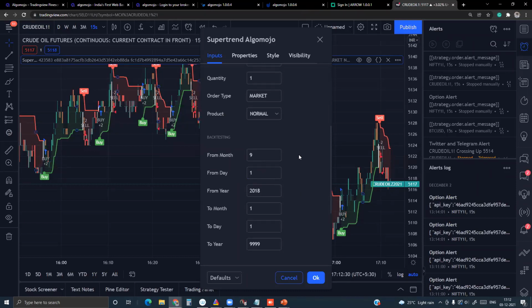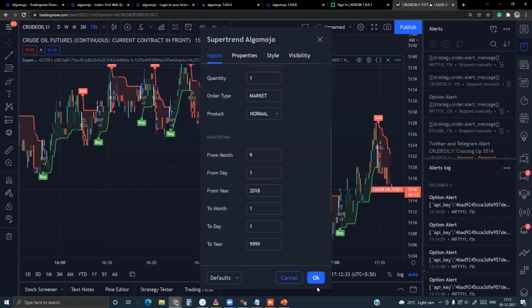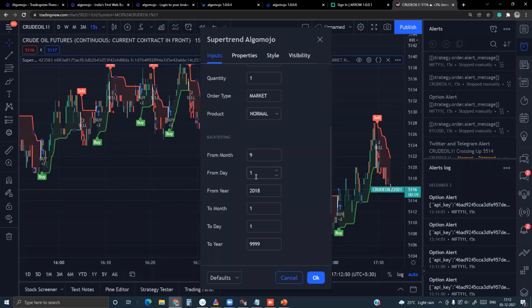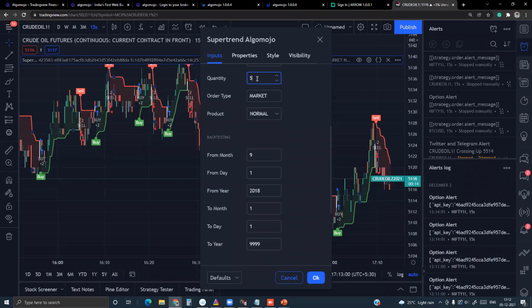If you are doing it for testing purposes, it doesn't matter. But if you're configuring for the live markets, it is highly recommended to create the strategy with today's date so that it always sends the first signal with only one time of the order. Otherwise, it will keep on doubling, because if you know Super Trend, it will always double its position every signal. But for the first signal, we always want to transmit one time of the quantity. Let's say if I say 5 quantity, then on the first signal I want to transmit only 5. From the next signal onwards, I have to double my position to reverse from long to short and short to long.